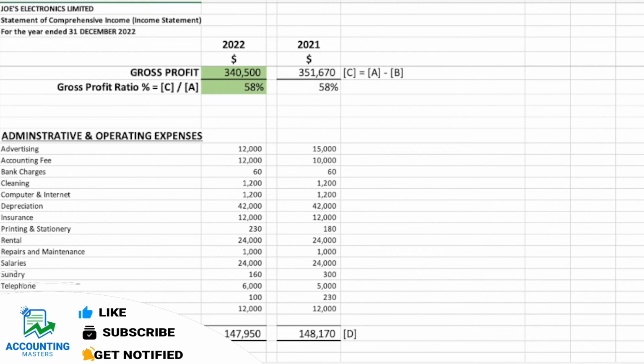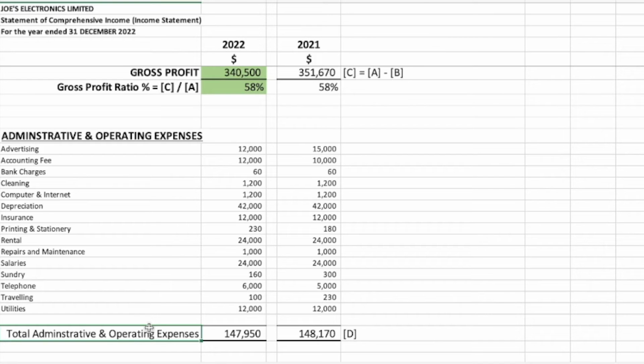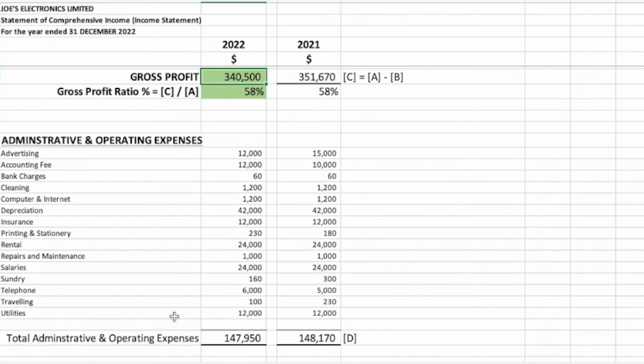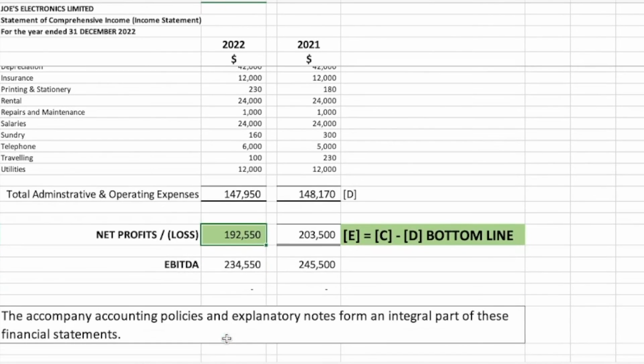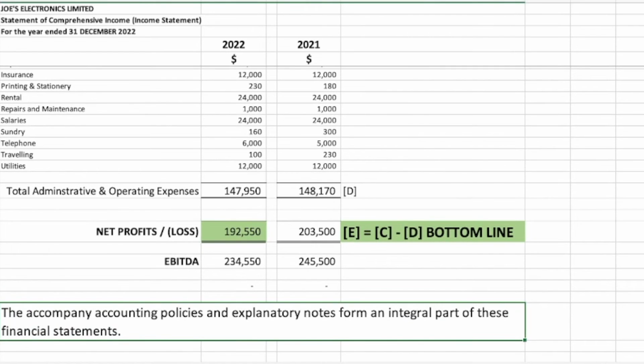So now back to this example, we see that the gross profit is $340,500. Subtract the total administrative and operating expenses of $147,950, and we get the net profit of $192,550. Near the bottom of the income statement, same as the balance sheet, it will say the accompanying accounting policies and explanatory notes form an integral part of these financial statements, meaning that there are notes to the financial statements usually found at the back of the financial statements to explain some of these figures on the income statement